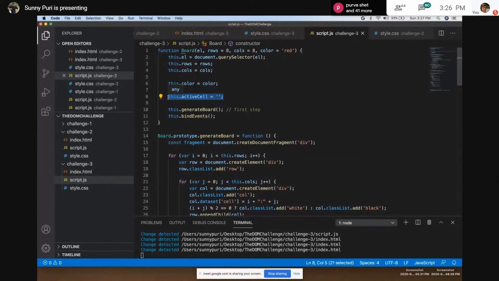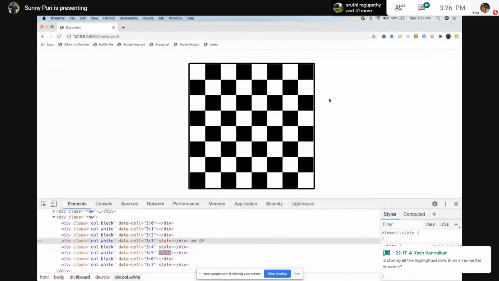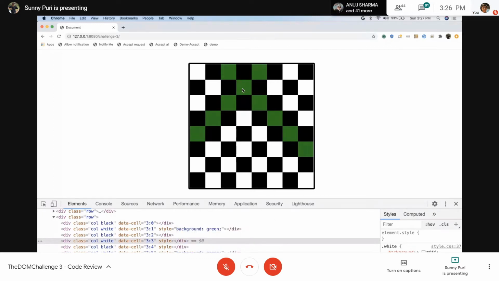Yes, you can say that, Akshay. I have not captured this. This is nice. For example, what Akshay is saying is, suppose I'm clicking here. Again it is building the UI, again we are coloring, it is not visible, but again it is clearing. So we can say if active cell and the current cell are the same, don't color, return from the function. This is what you actually want to say.